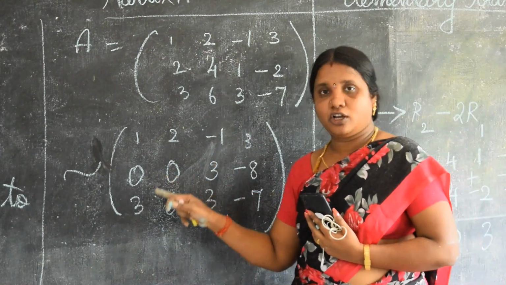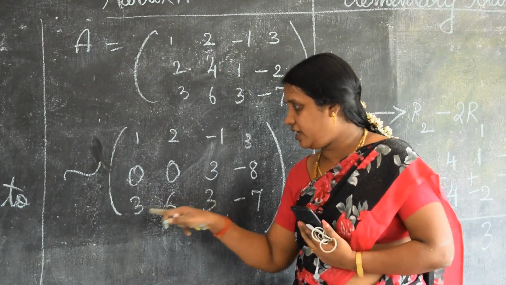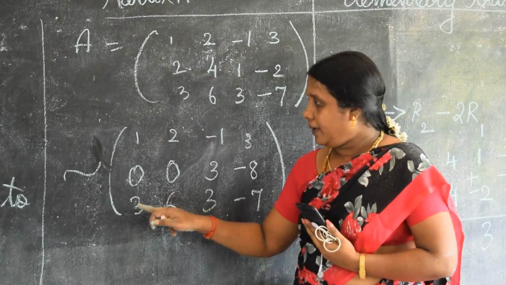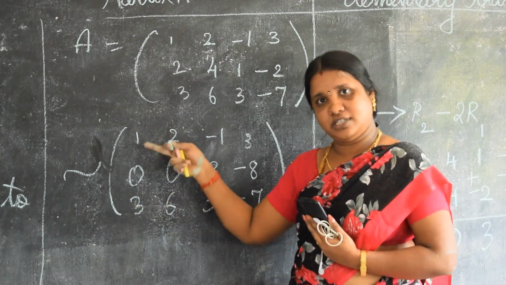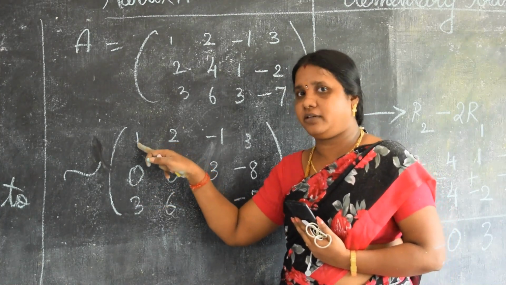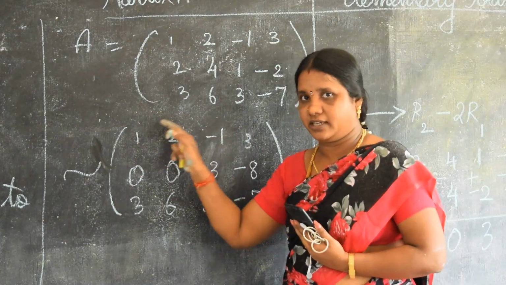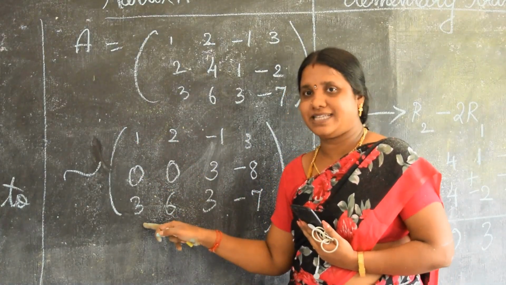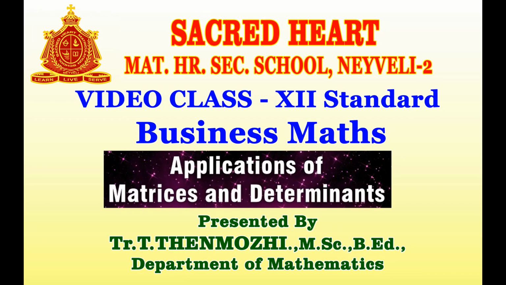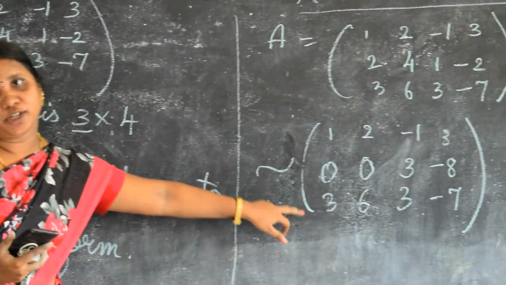Now what do I do? Below this also I have to get 0, because in echelon form, in this triangle I have to get 0. So this also I want to be 0. To make it 0, I have to subtract or multiply. If I subtract from here to here, here it should be 3, but here it is not 3. So first I have to multiply this r1 by 3, and then subtract here. See here, in the last row I have to get 0. So I am going to multiply the first row with 3. Then I have to subtract. See here.